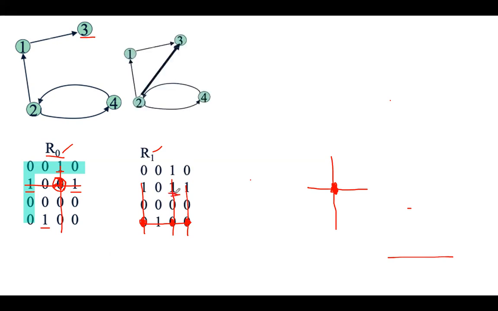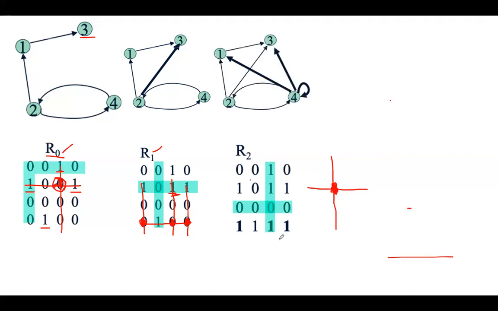Next, consider second row and second column. Okay, second row and second column. In the second row and second column, 1 is present in the last row, so draw the line. And in the second column, 1 is present here, they will intersect here. 1 is present here, 1 is present here, they will intersect here. Okay, one is there, 1 will intersect here. So those rows will become 1, 1, 1. Third row, third column, there is no change because all the values are 0 in third row. So in the output matrix, there will be no change. It will remain as it is.